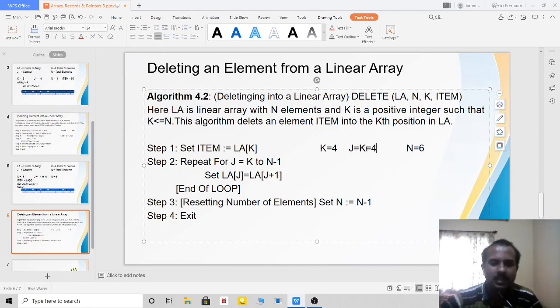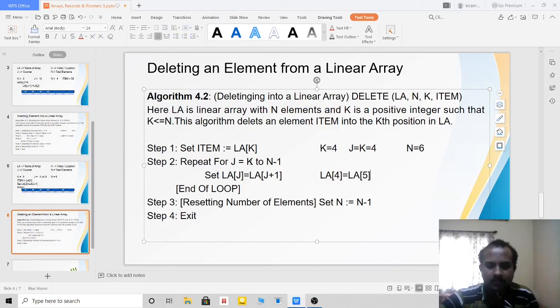So I'll go inside the loop. So what am I going to do? What is the j value now? J value is 4. So LA of 4 is equal to LA of 4 plus 1, that is LA of 5. So I am shifting 50 to the fourth position.